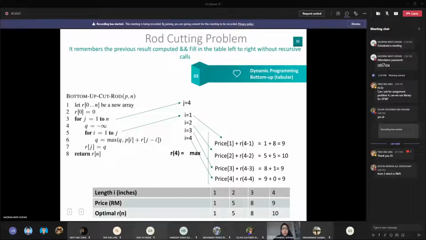We need to tailor it to the problem, because they might have different cuts that they want to make. What if it is 10? But if the highest that they want to sell is 4 inches, then you can keep on reusing this. So for this algorithm, it just gives you the idea for you to apply anywhere